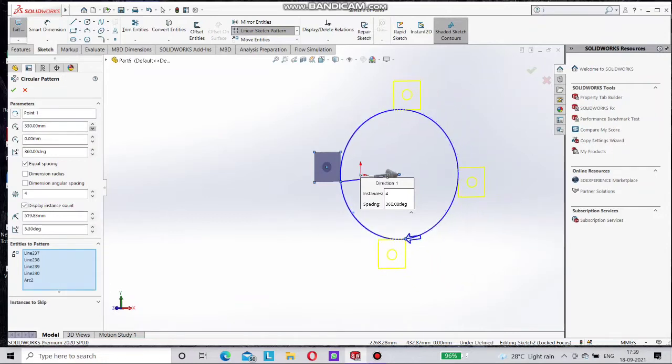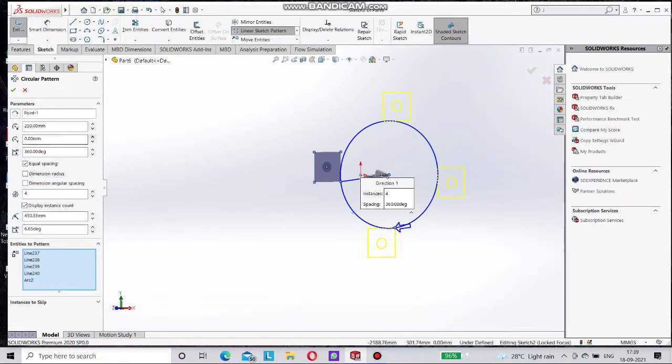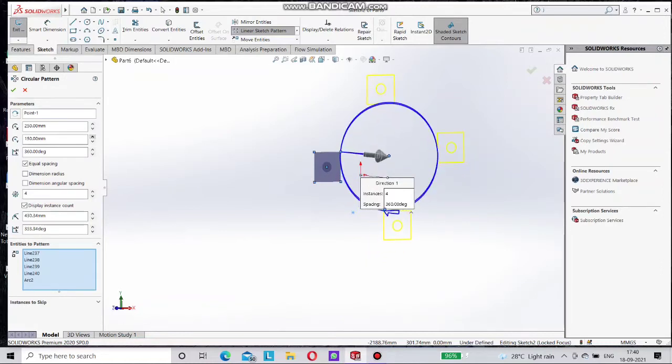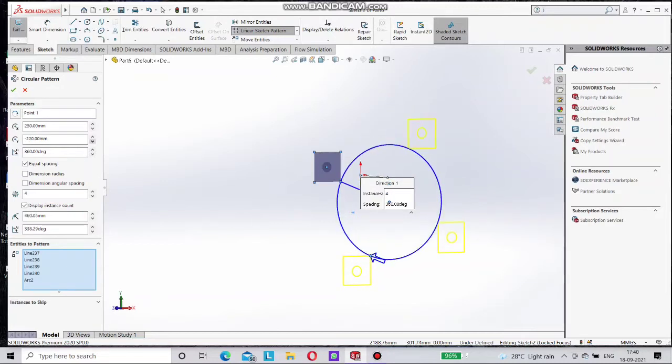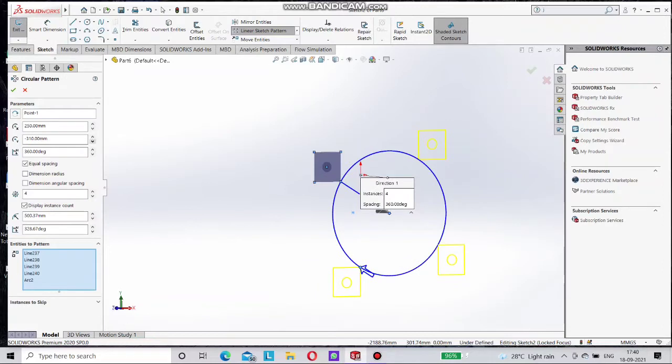And the third row is for distance in the y direction. Now we can see here like this, the distance of the center point in the y direction. If we increase it like this, the reference point moves in the y direction like this. You can clearly see on screen.